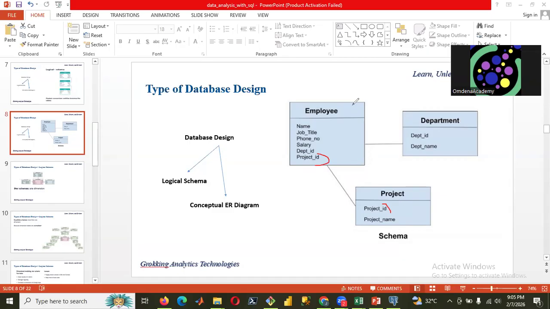Then there's also a relationship between employee and the department that the employee belongs to. And that relationship is established by the department ID, which you're also seeing here. So with that, you can connect the two tables. You can merge them together. Yeah, that's still under logical schema, just to give us an idea. So the next thing we'll be looking at, if we are okay, is